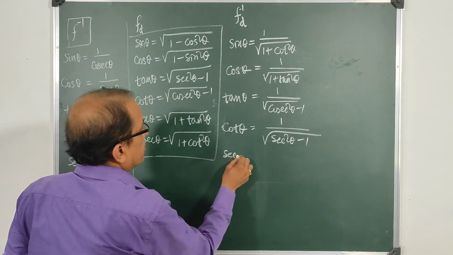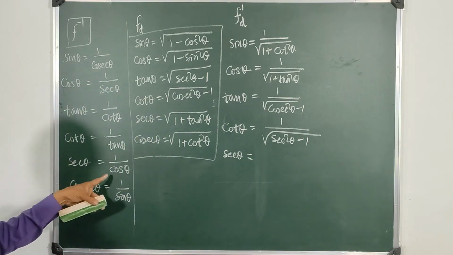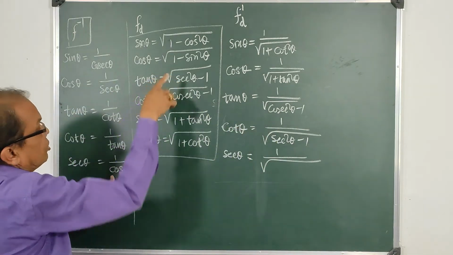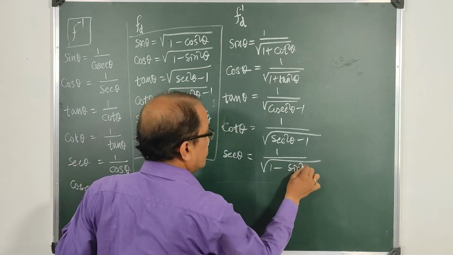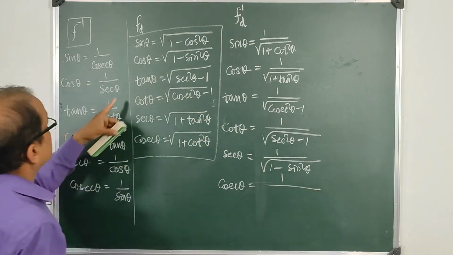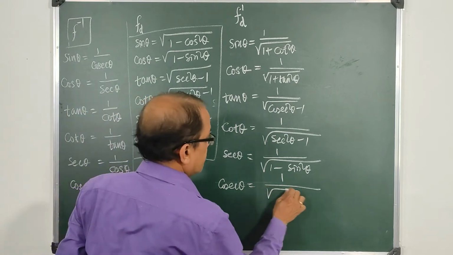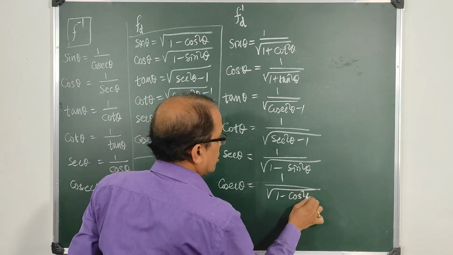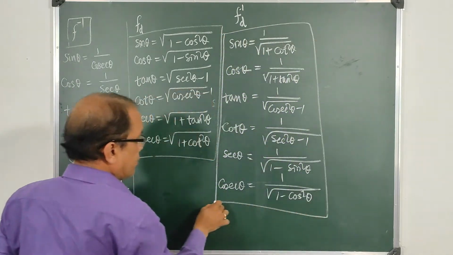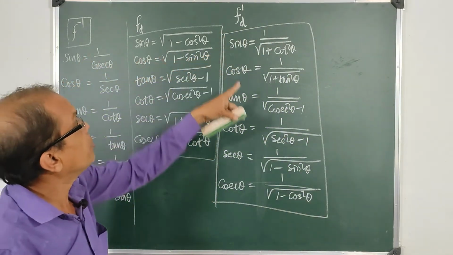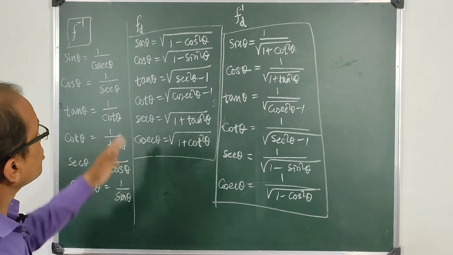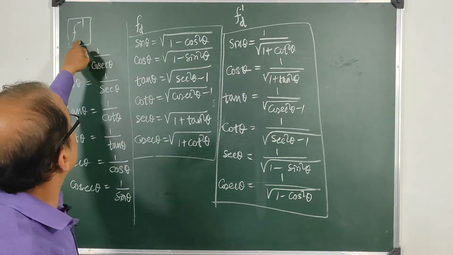Next comes sec theta. Sec theta is 1 upon cos theta. So it will be 1 upon root over the value of cos theta, which is here 1 minus sin square theta. Next cosec theta, which is 1 upon sin theta, and sin theta is root over 1 minus cos square theta. Now we find another 6 formulae, which are the formula derivatives but from the reciprocals. So F inverse D. So we get now 6 into 3, 18 rules, all in 3 banners: F inverse, FD, and F inverse D.